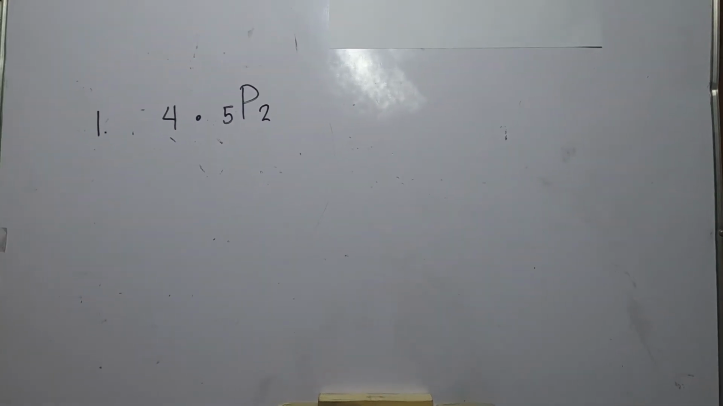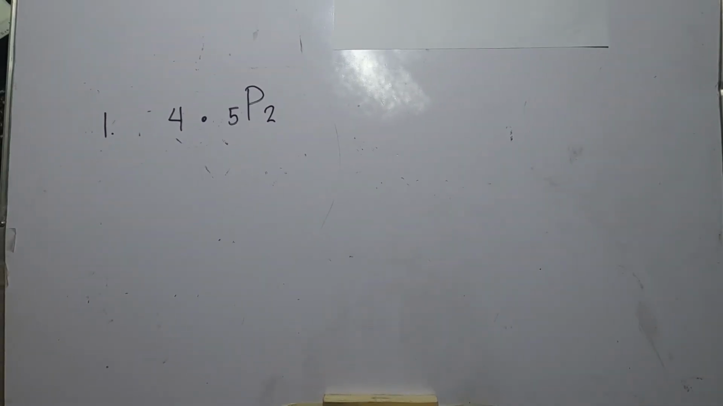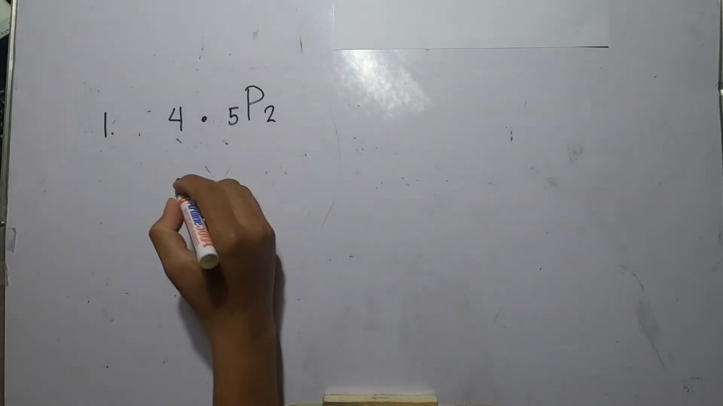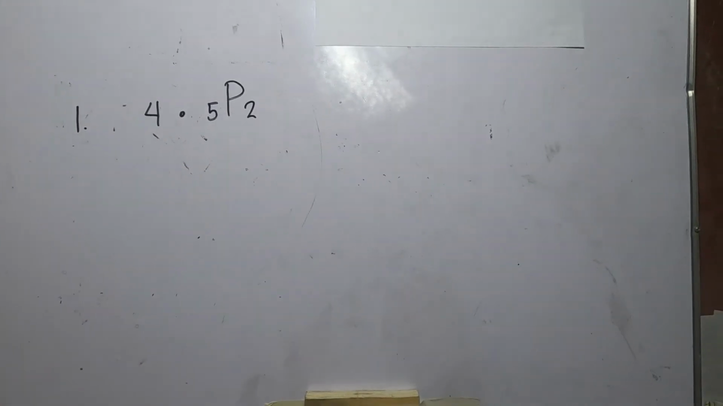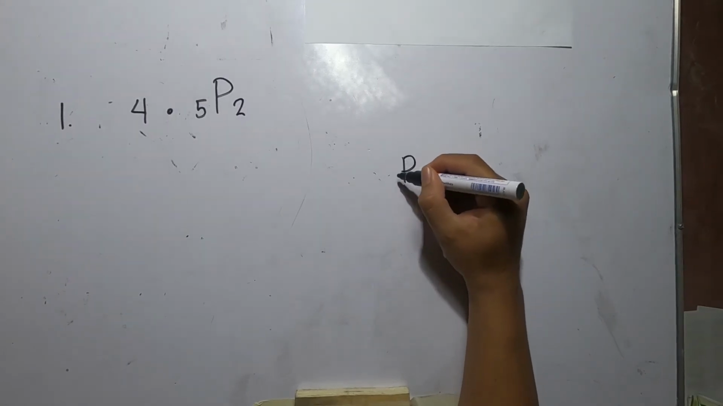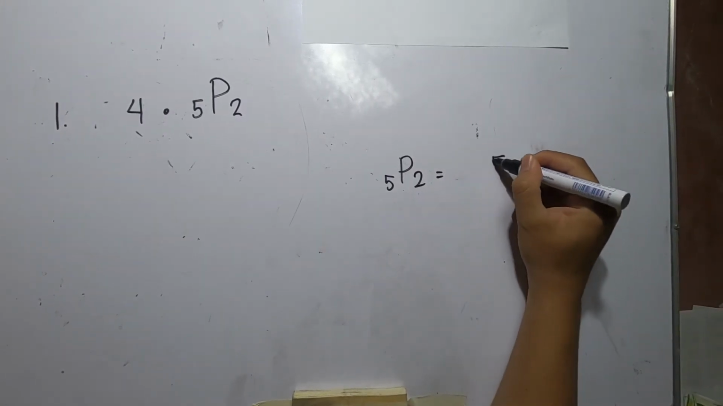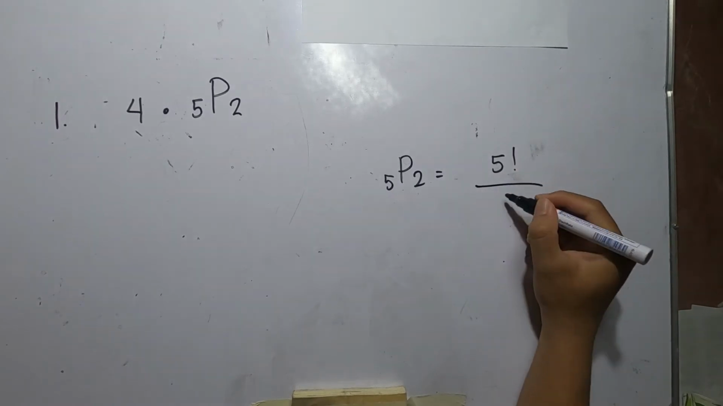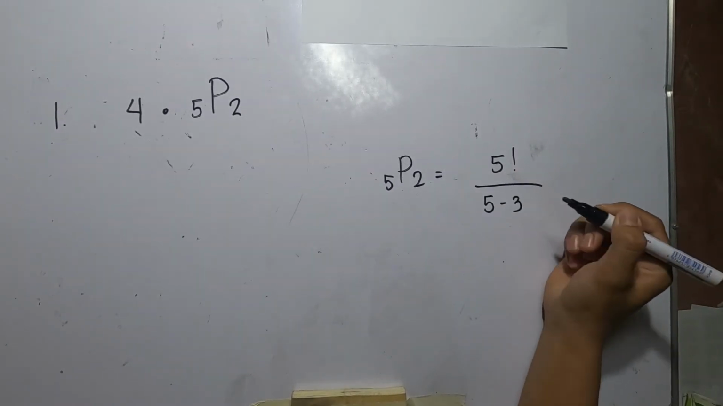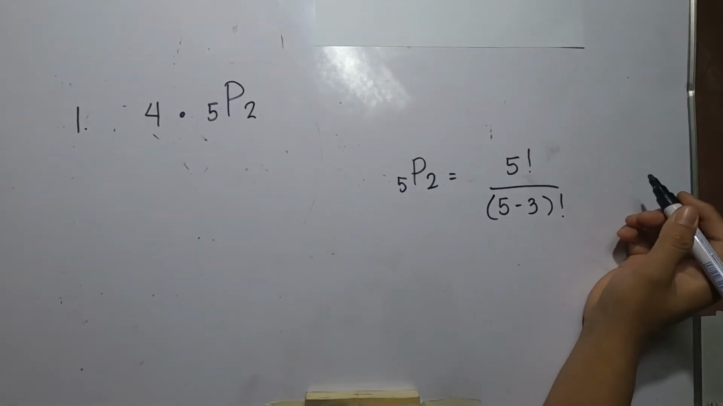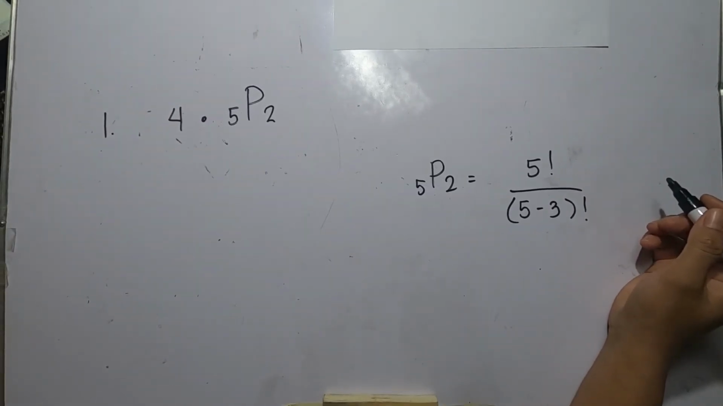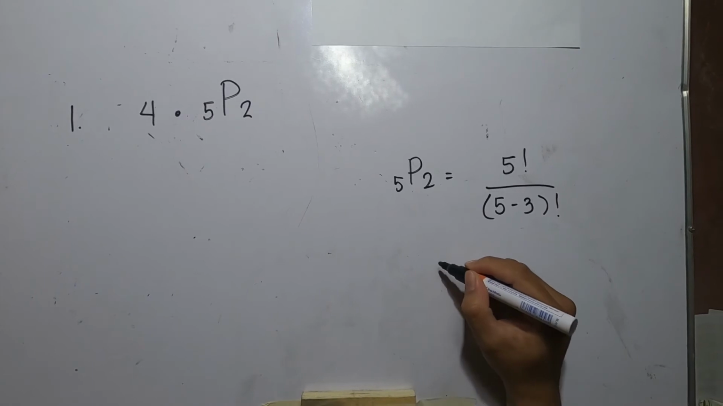The way we read this problem gives us the idea what is to be done first. We must evaluate the value of permutation of 5 taken 2 and multiply it by 4. By evaluation, we know that permutation of 5 taken 2 is equal to 5 factorial divided by 5 minus 2 factorial. But we can simplify this expression as 5 multiplied by 4